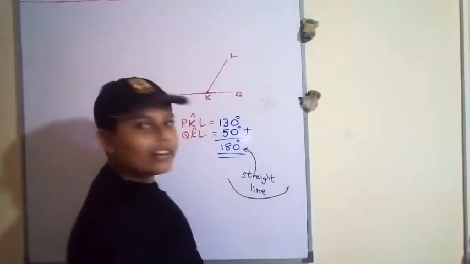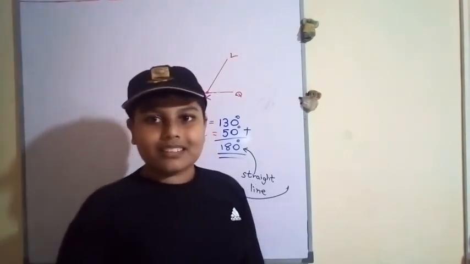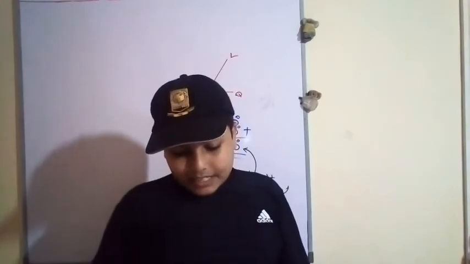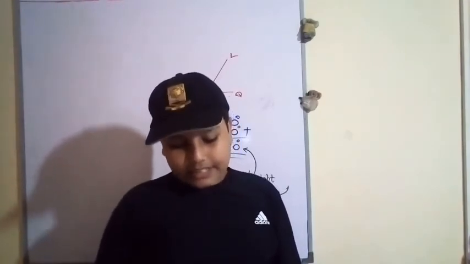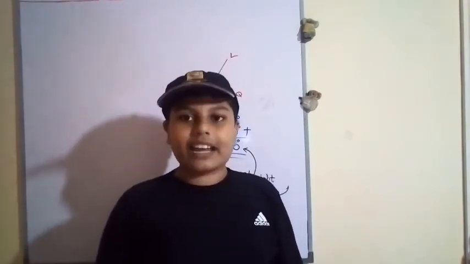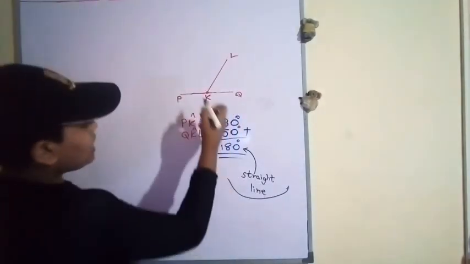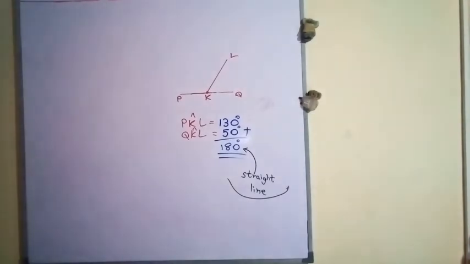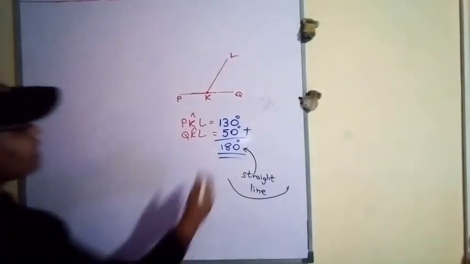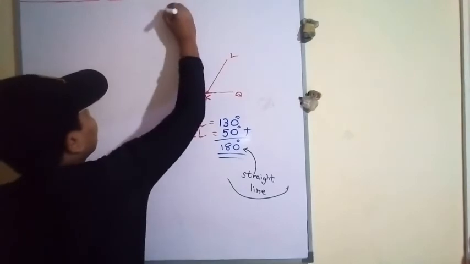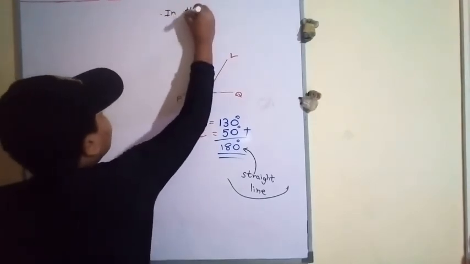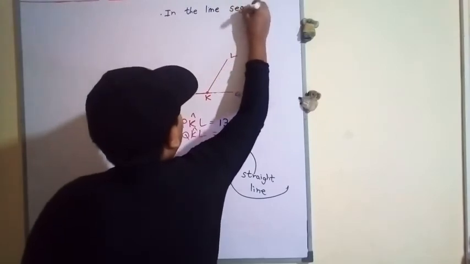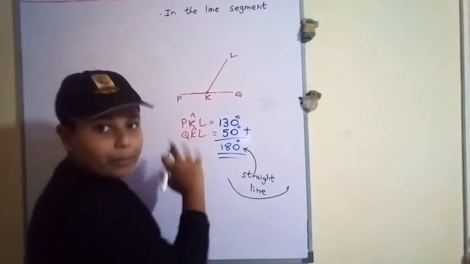This is a straight line, right? As above, engineering the activity for another two figures and identify a possible conclusion that can be drawn. Now, we want to find the conclusion of this, right? Now, I write the conclusion in here. In the line segment PQ